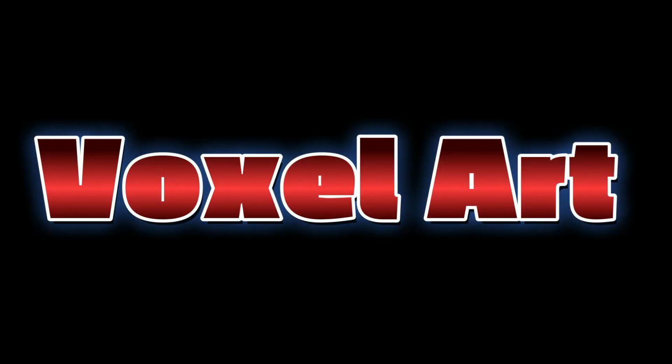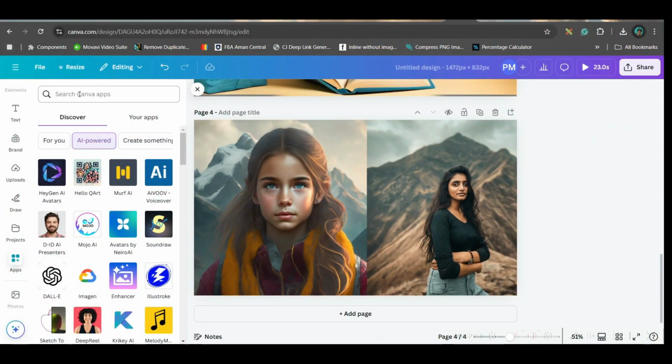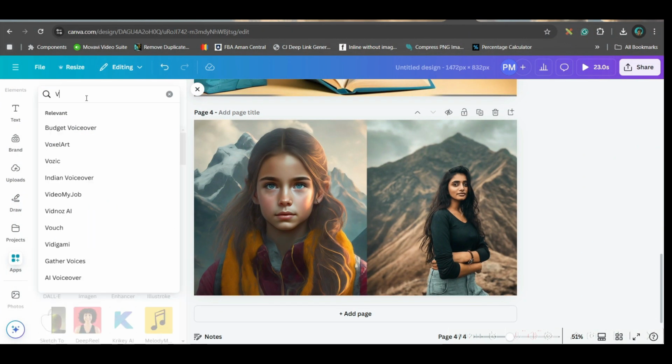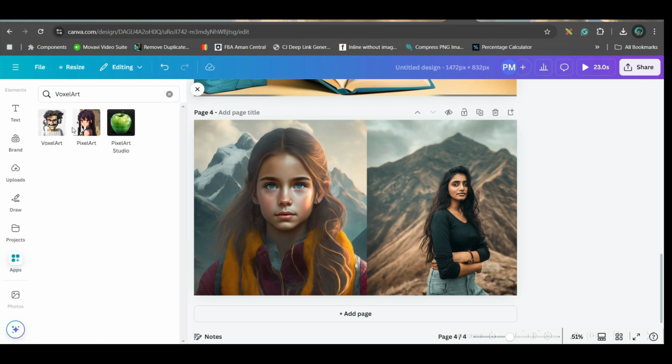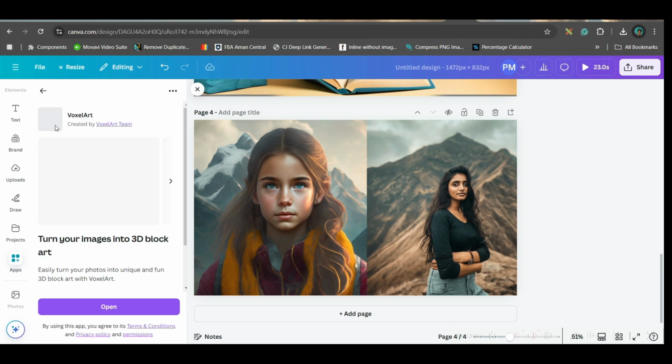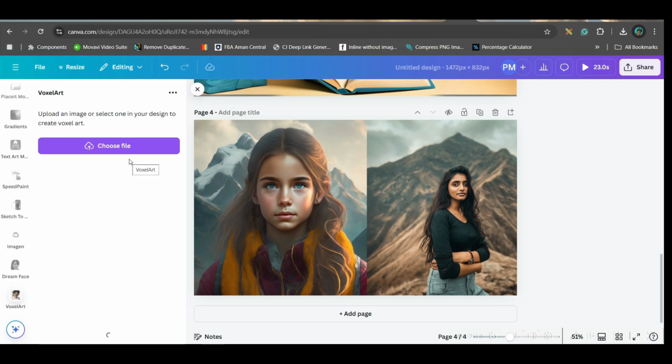The next app which I'm going to talk about is Voxel Art. Go to AI powered apps and type Voxel. Then go to Voxel Art. Here you have two options: one is pixel art, one is voxel art. So go for voxel art and open.